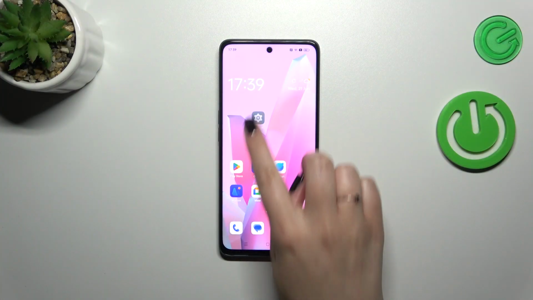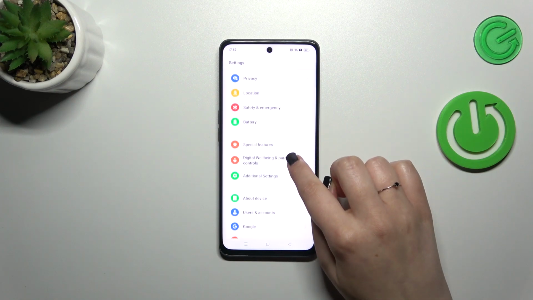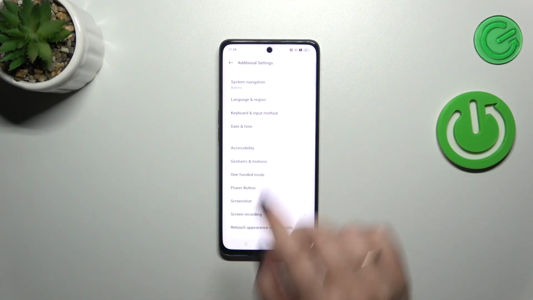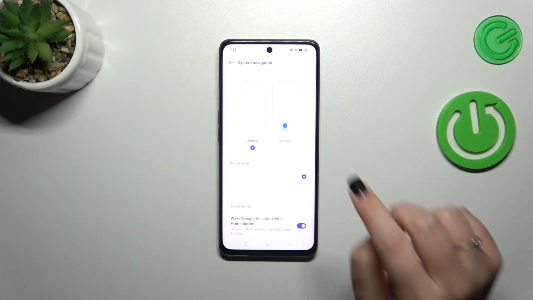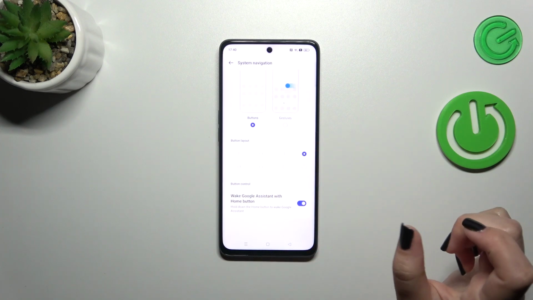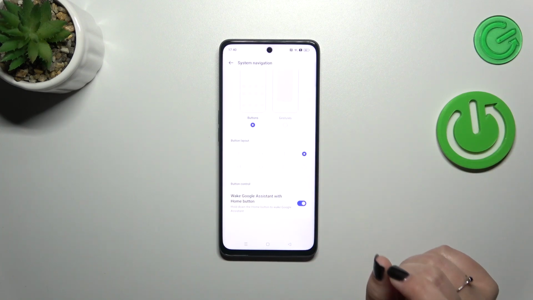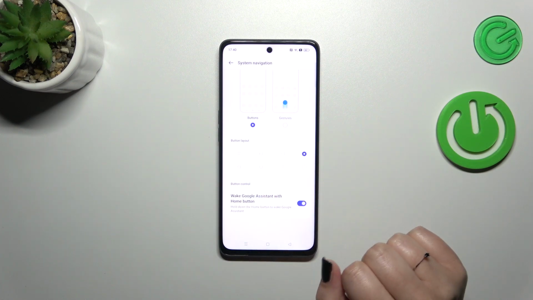So first of all we have to enter the settings and then let's scroll down in order to find additional settings. Then let's tap on System Navigation, and as you can see we've got two different options. Before we set the gestures, which are right here, just a quick disclaimer about the buttons. If you'd like to stay with this option applied, here you can customize it so you can reorder the back